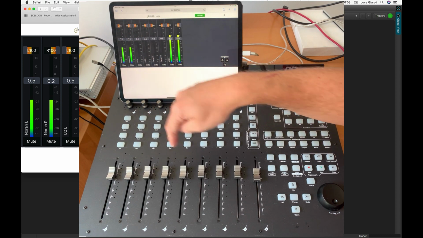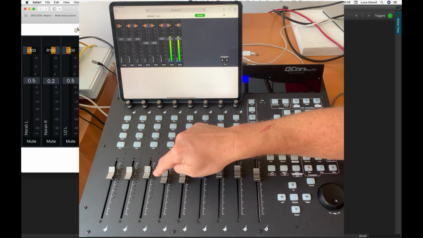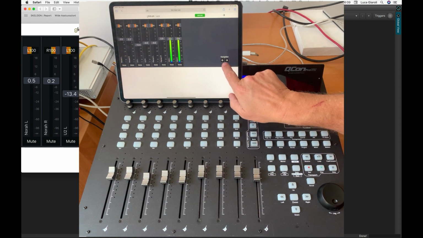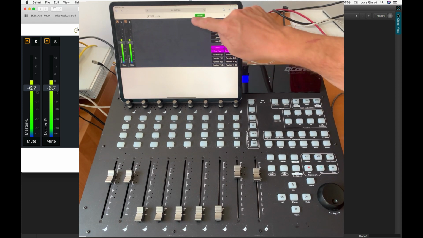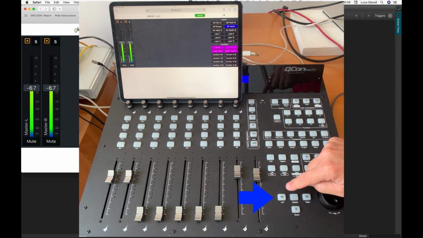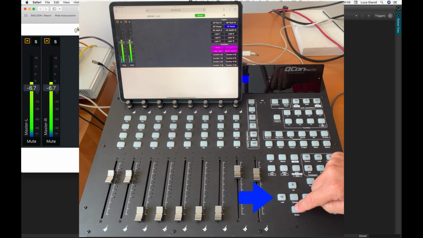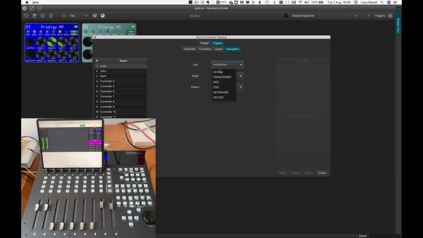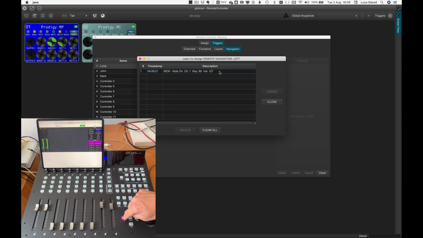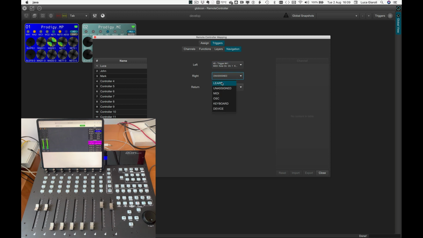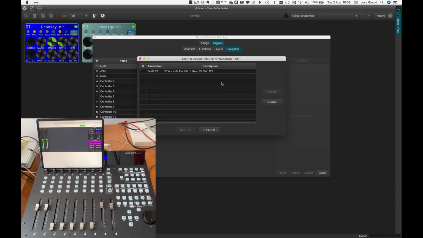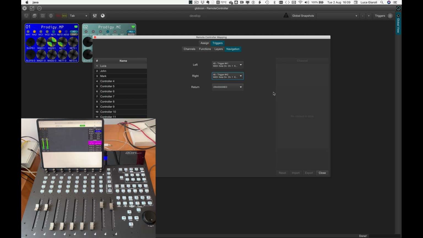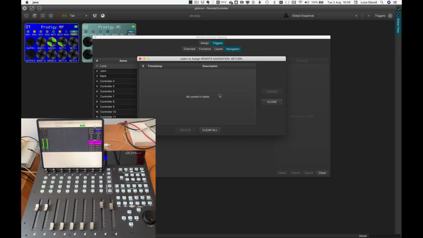When testing the spill on the masters, we realized it would be great to have also mapped on the hardware controller the navigation buttons. It happens those buttons are right there, so let's use them. Click on the Navigation subtab. Then, for left, select the Learn command and push the left button on the hardware controller and finally confirm with Assign. Repeat the same for right and Return, choosing the relevant push buttons on the hardware controller.